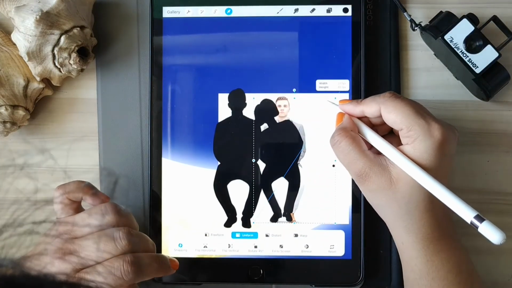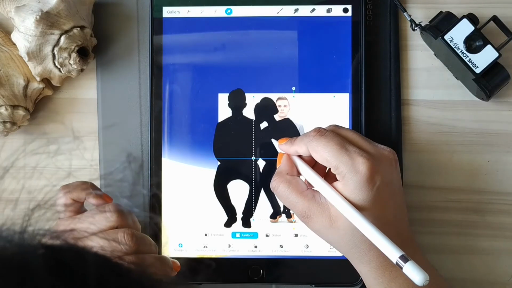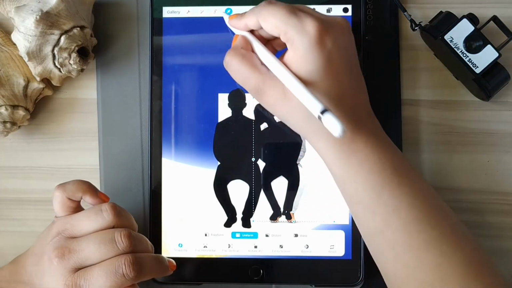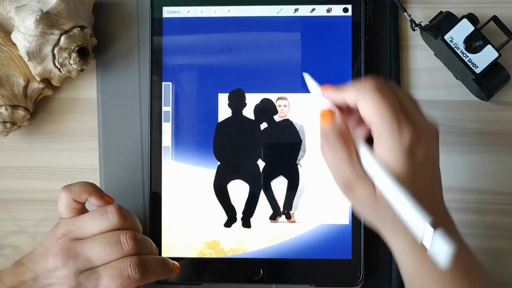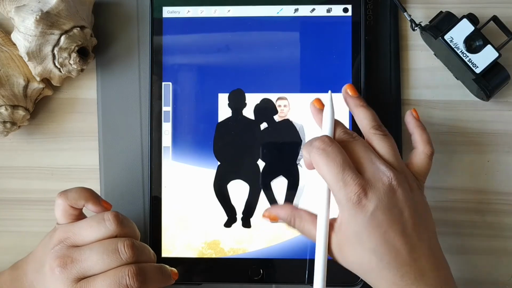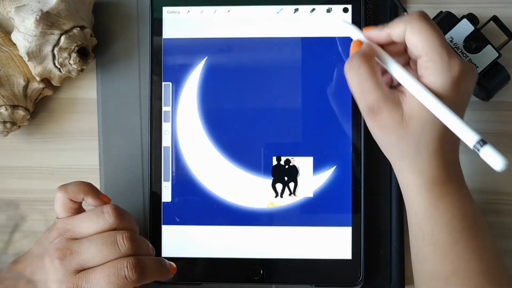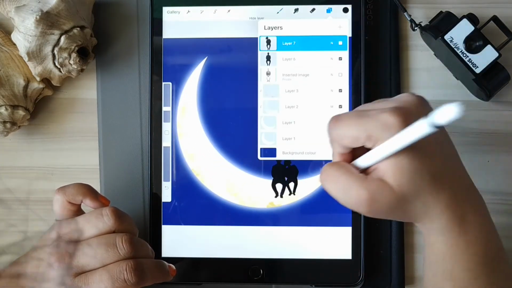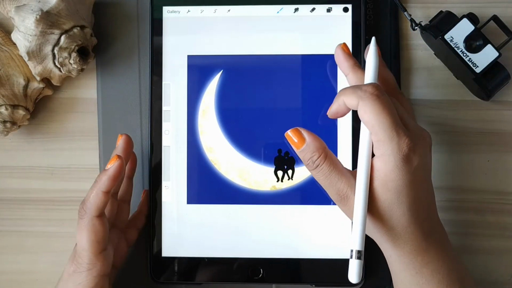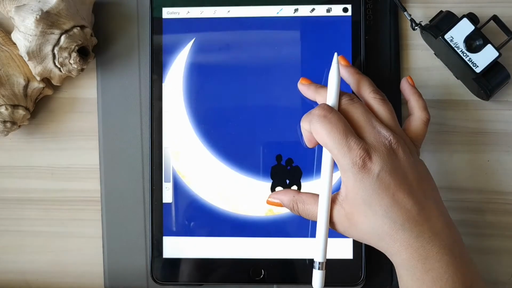Now, since she seems a little too big, we'll also adjust her by going to the arrow menu and placing her along. So this will be the illustration. Let's just make the man go away, and this is what it is. So now we'll move on to the rest of the figure.